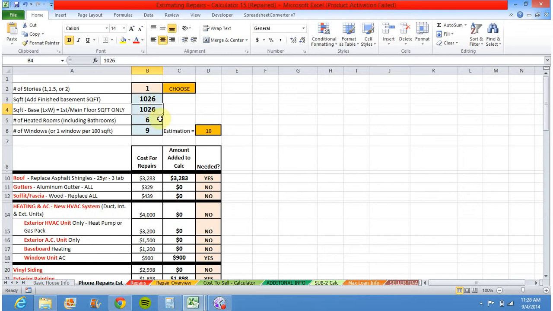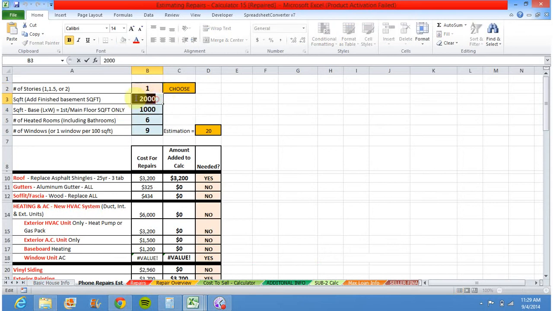So if it's a square or rectangular home, let's say, and it's 2,000 square feet total, then most likely the first floor will be 1,000 square feet. Now again, that's for a 2-story home. Okay, so if it's 2-story, the total square footage is probably about double what the base or the first floor square footage is. Okay, now let's go back